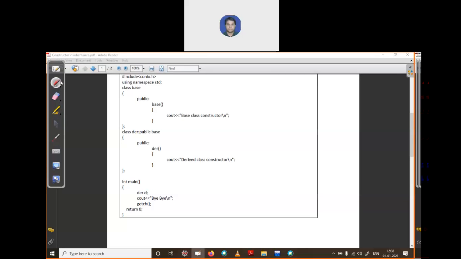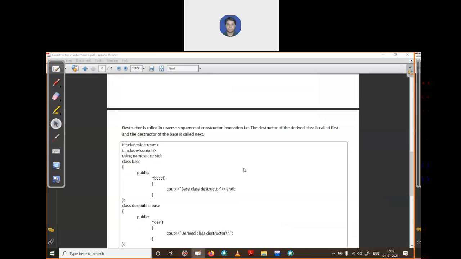The order always matters. The base class constructor will fire first, then your derived class constructor. This is the order you will follow. This is the concept of constructors in inheritance.